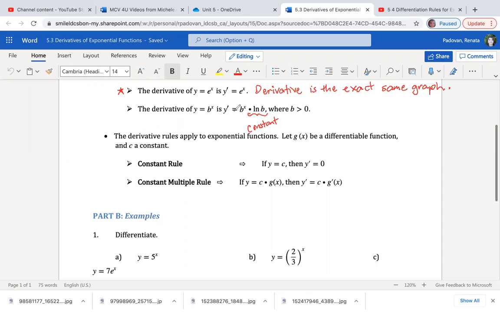It's going to be just a number that I can plug into my calculator. So this is when my base is not e. This first one is showing me my base of e. This second one here is showing me when I don't have a base of e, when I have exponential growth or decay. So when the base is not e,